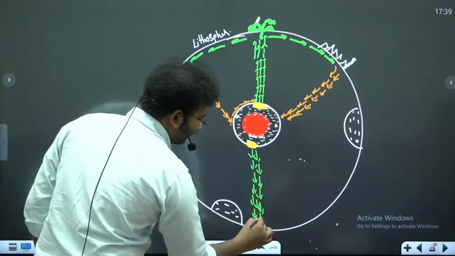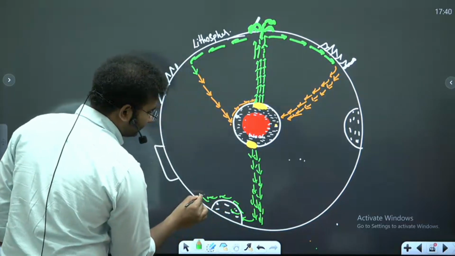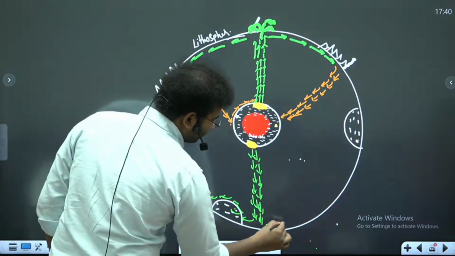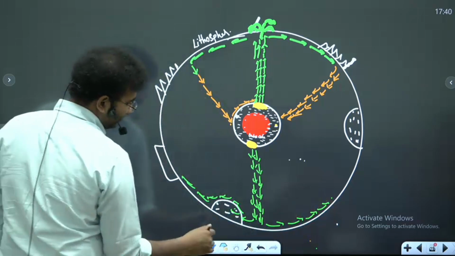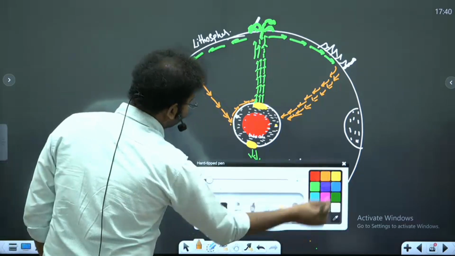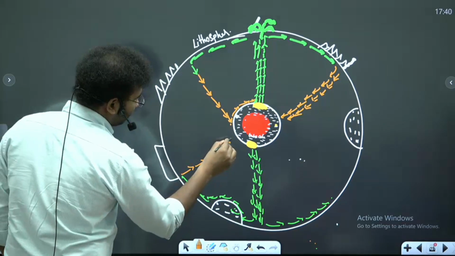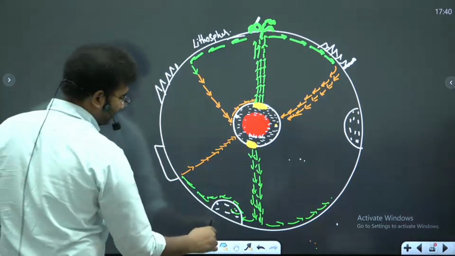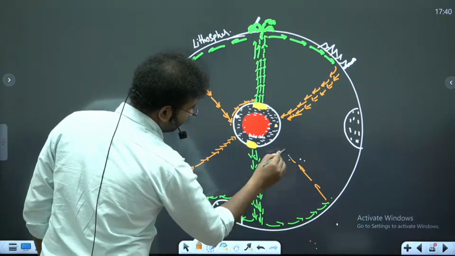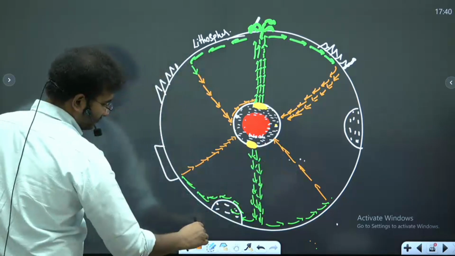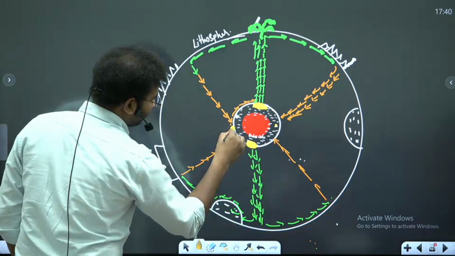Rising is happening, and this rising limb will start to diverge. Divergence is taking place, and then from here you will again find the sinking limb. Again, there could be a